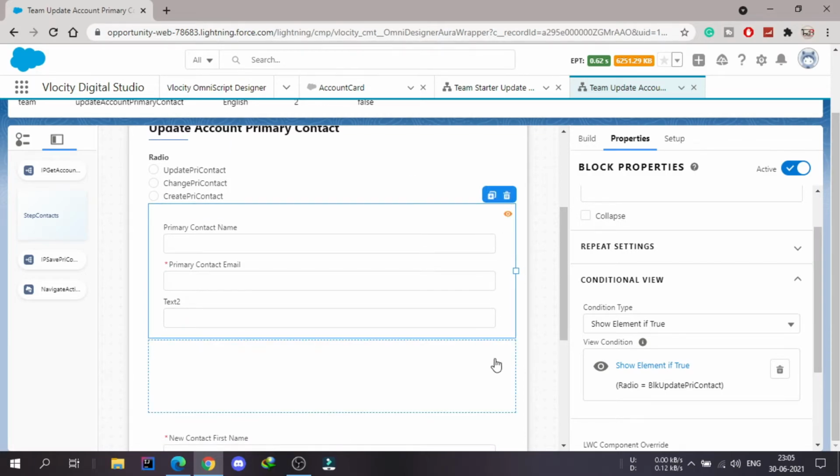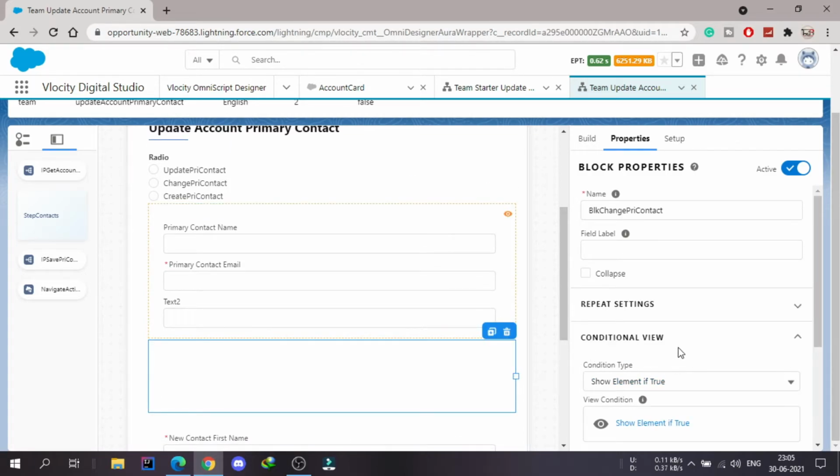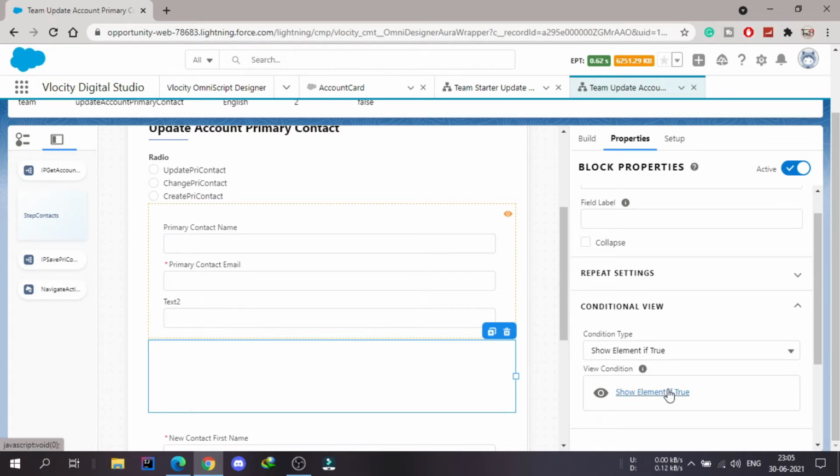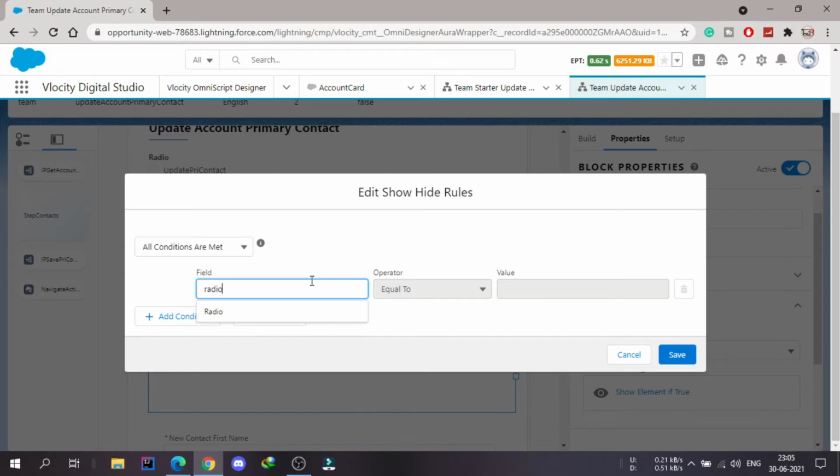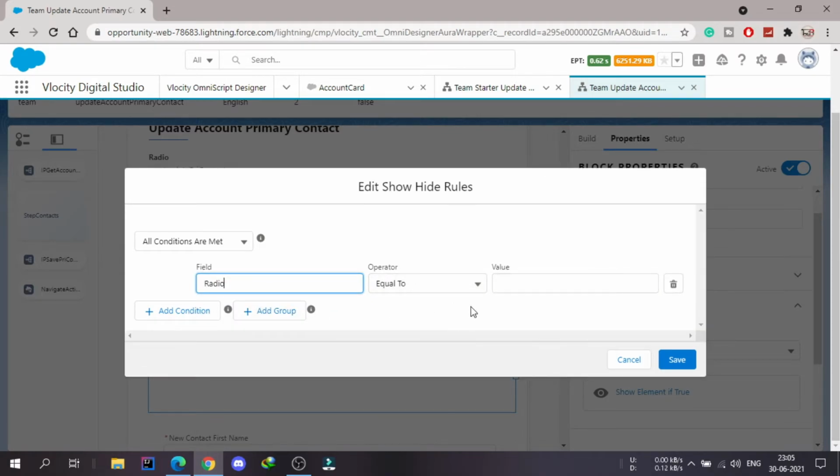On the second block I will again create a new conditional view, and I will use the same field here also, that is radio, and the operator will be equal to, and the value will be block change primary contact.